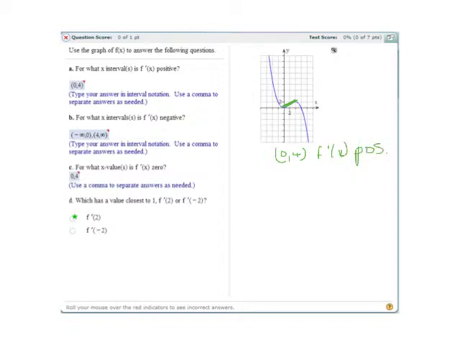Okay, and just that place, because anywhere else it's not increasing, it's not going upward from left to right. There is not a positive relationship between the input and output. Now on the reverse side, where is it negative? Again, if I start from the left and move to the right along the curve, so at the top left here, and I move along the curve, I am going downward. There's a negative relationship between the input and output.